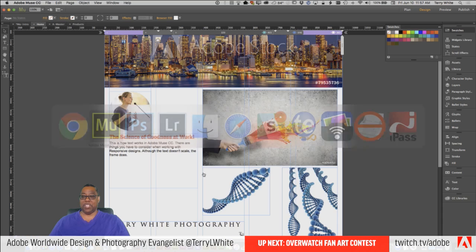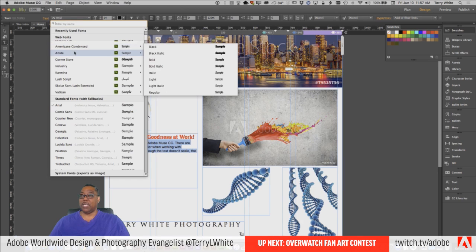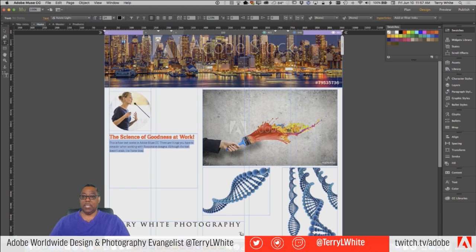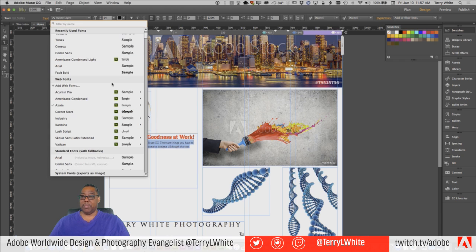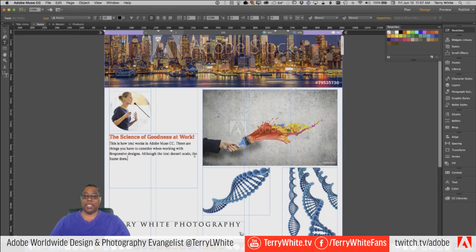And the only difference between that and a self-hosted font, so for example, I could use that same font down here, by the way. I could say, go get Azote and make it light. Or no, light's too light. Let's make it regular instead. And there we go, and it's a small font, so we'll make it a little bigger. And I can use that font anywhere I want now. That's text, and that text will be served up to everybody that views my site.